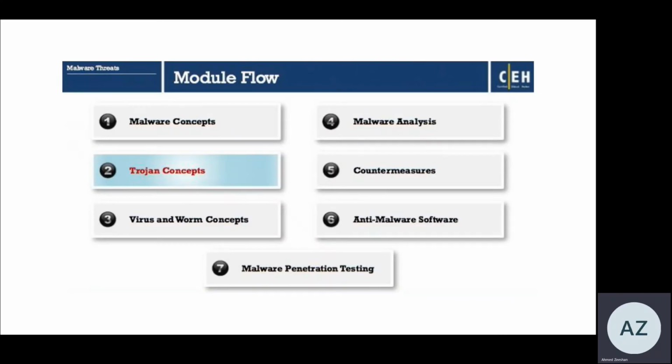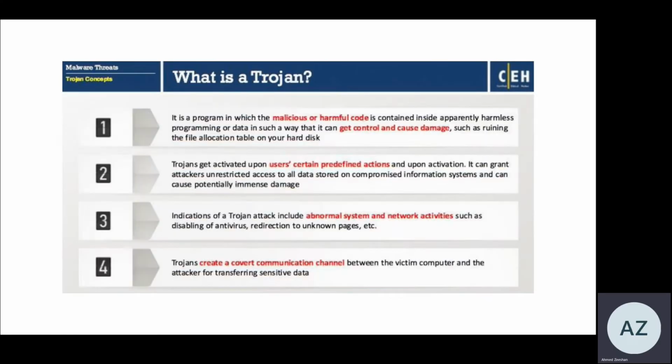And I'm going to start with the Trojan concepts, okay? So what is a Trojan? It's a program in which the malicious or harmful code is contained inside apparently harmless programming or data in such a way that it can get control and cause damage, such as ruining the file allocation table on your hard disk. So Trojan is pretty much very well known, and is a malicious